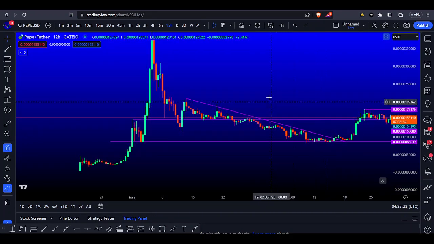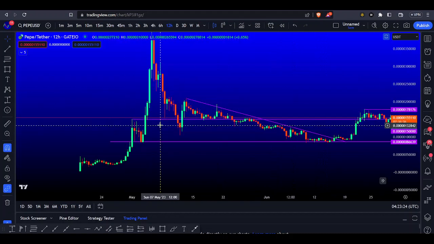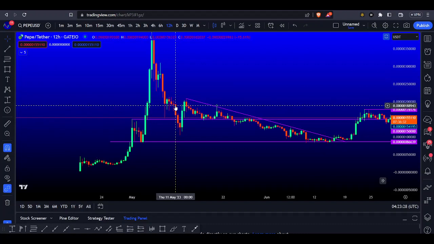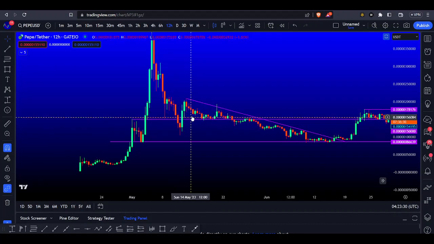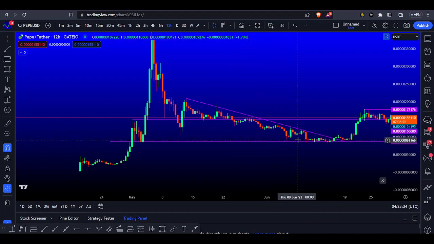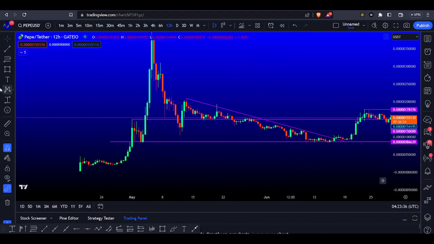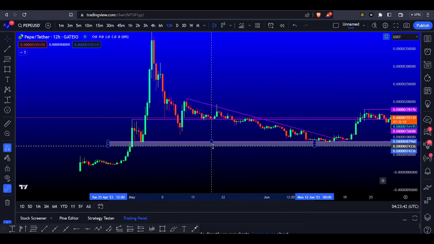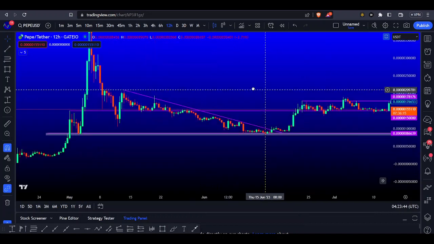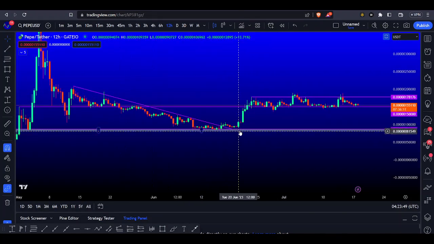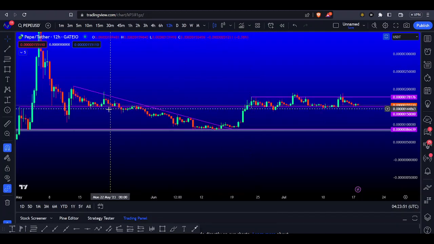So you can actually see this resistance here, blast through it, came down, tested that area as support, lost the level, regained it, and then it held it as support again, lost it, back tested it, and then slowly grinded back down to this support zone, right? Because this is a zone too as well. So pretty much hit that support, broke through the downtrend, retested the area, blasted, and now it's right back at